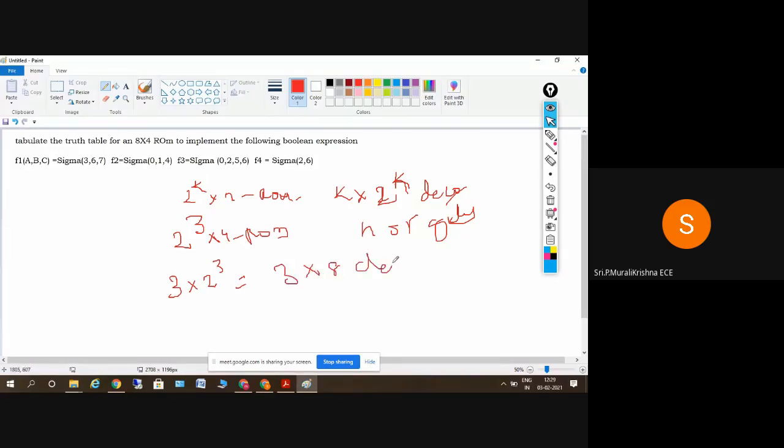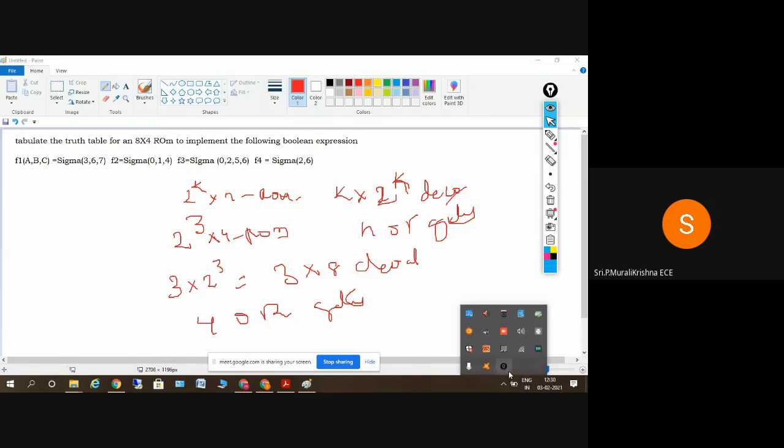3 to 8 decoder here. Okay, how many OR gates are needed? We need 4 OR gates to construct this 8:4 ROM. So this is the basic point you have to do. First of all, identify the size of the ROM, then identify the decoder used, and afterwards